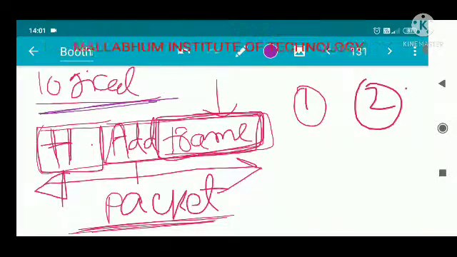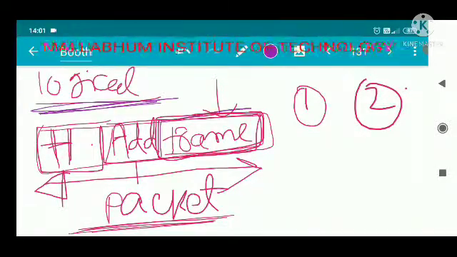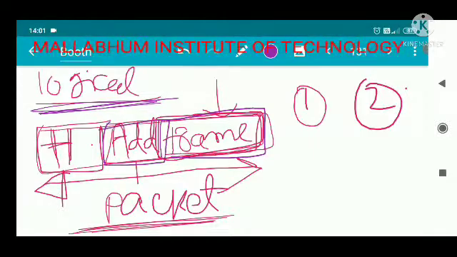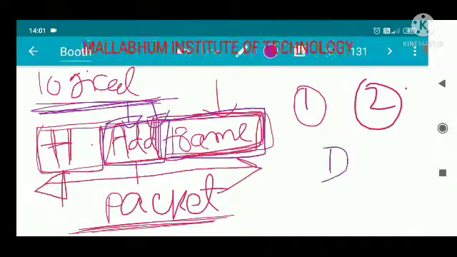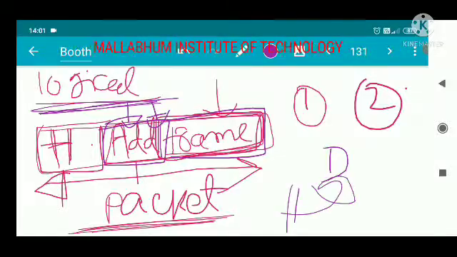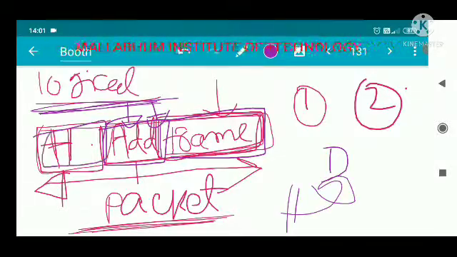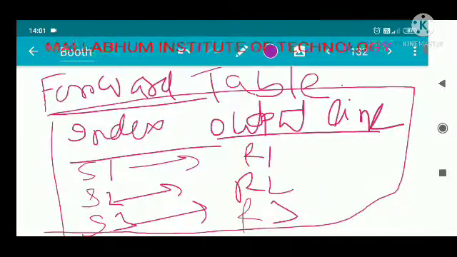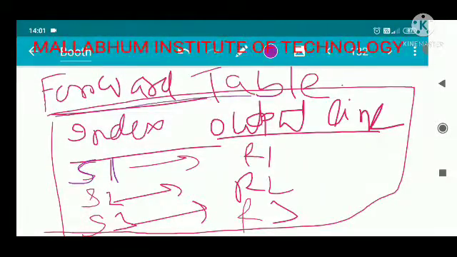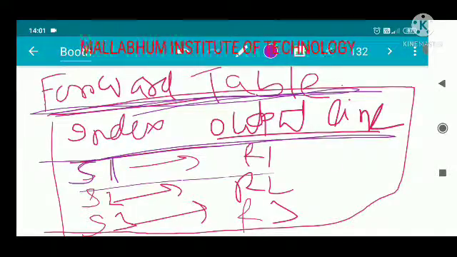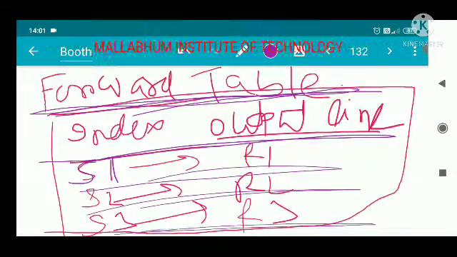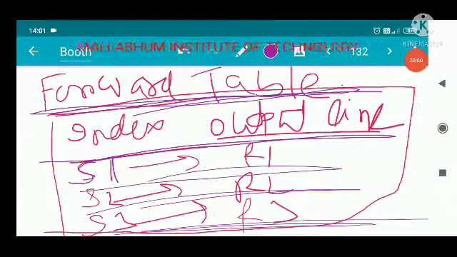Now logical addressing means that along with the frame, your address is there. Address means there is a destination address and a host address, so the destination can identify the host and the host can identify the destination. And there is a header which can be used for indexing purposes. That means the forwarding table situated in the router, which it consults to decide which path it sends the data on.